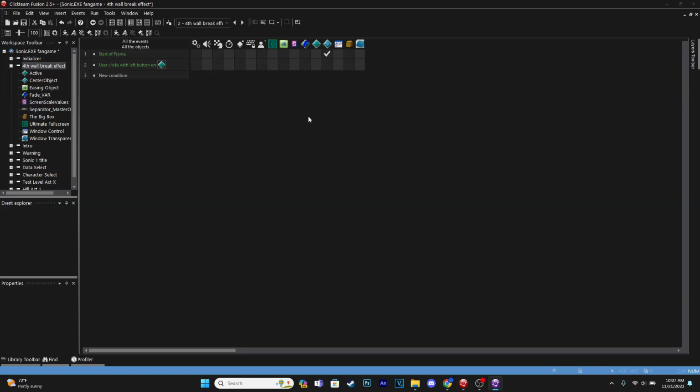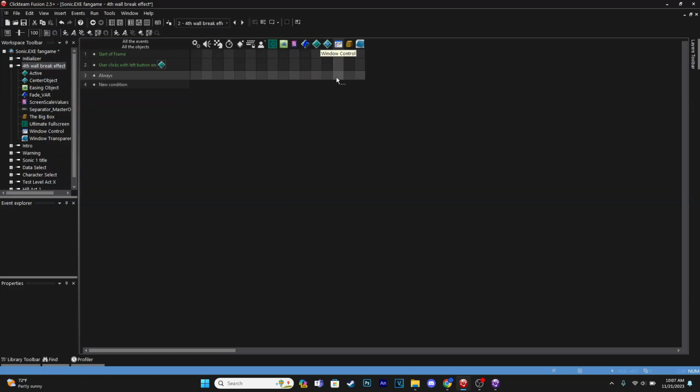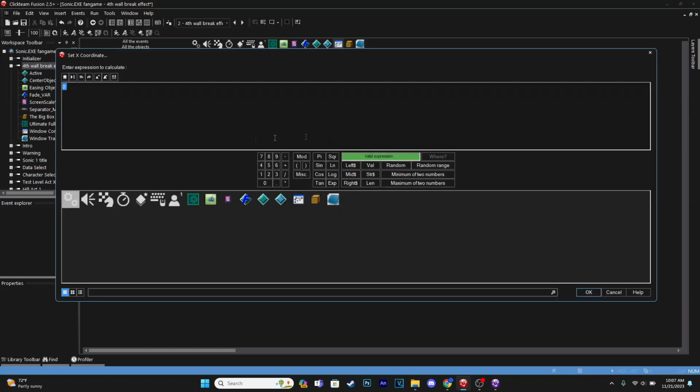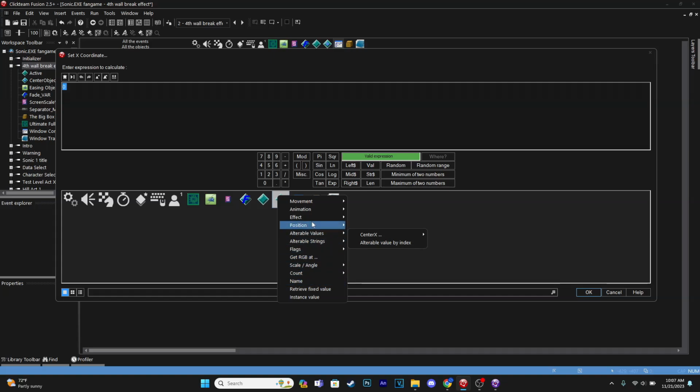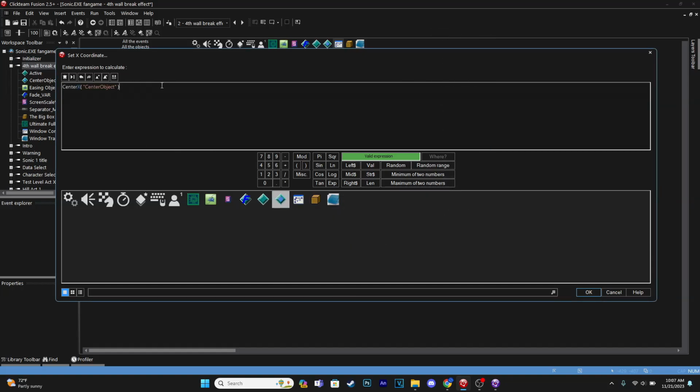This is like the most confusing part here. So we want to have an always condition, and under the window control object, under position, set X coordinate, and we're about to do a lot of math here. So this is for the X coordinate, so we want to get the value of center X, so the center object, center X, we want to do